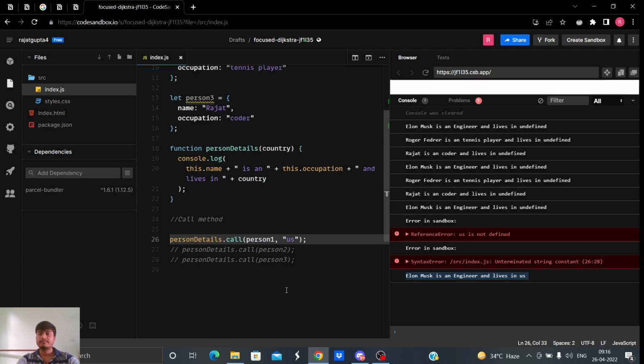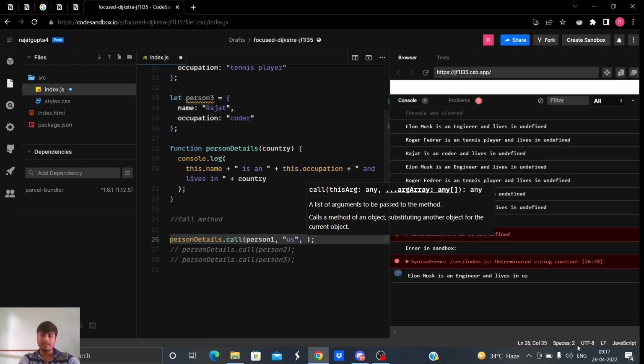Whatever parameters the function has, we can provide those parameters as arguments, but we provide those arguments after the reference to the method. Here we already provided the reference to the method. Now this may have 20 parameters, it doesn't matter. We can provide these 20 parameters inline here. US, and anything you want.